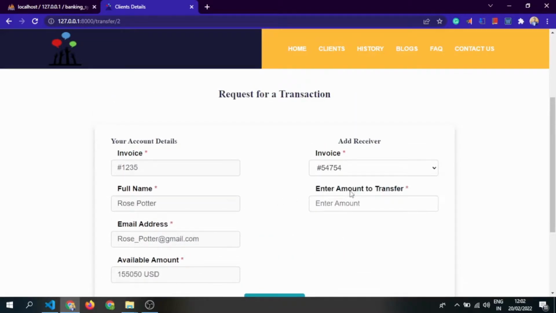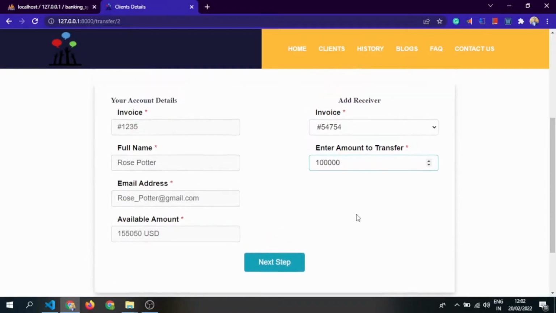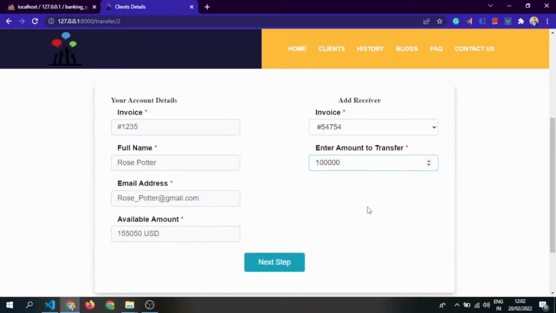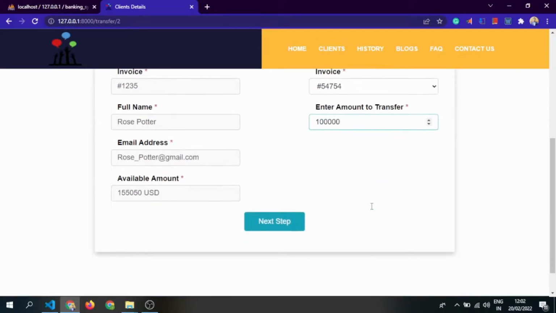Okay, select my account and let's see how much she has. 1 lakh. Okay, this amount. Now I made it in two steps, because one step I don't think is okay for me. In one step it can be a slip or an awkward situation, and it's not so easy when it comes to transferring money. So I made it in two steps.